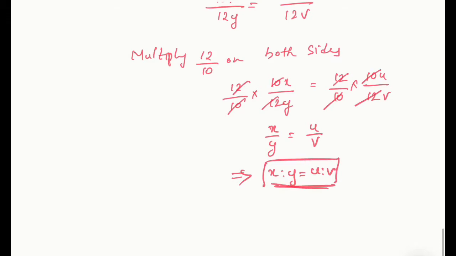So this is how you solve this type of question. Using componendo and dividendo, all the terms get eliminated and finally you will have only numbers. You can eliminate them by multiplying both the denominator and numerator by the required number. So finally, you get the proportion in this form.